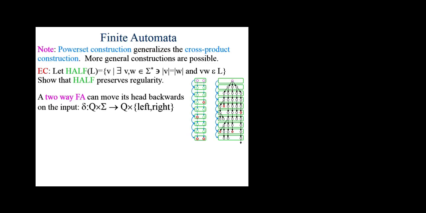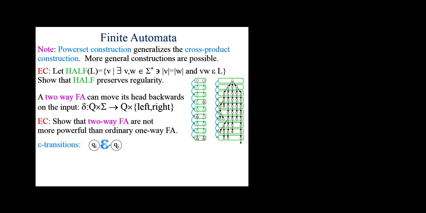Now, zigzagging across the input backwards or forwards, it turns out that that doesn't give you any extra capability. It doesn't allow you to recognize any new languages that you couldn't recognize before with simply a one-way finite automata that moves its head from left to right and never backwards. And again, I'm giving you extra credit for proving that, and the hint is the same as for the first problem: you can use some variation of the powerset construction, maybe slightly more general, to solve these kinds of questions. So this construction is very powerful, and allows you to solve a lot of things.